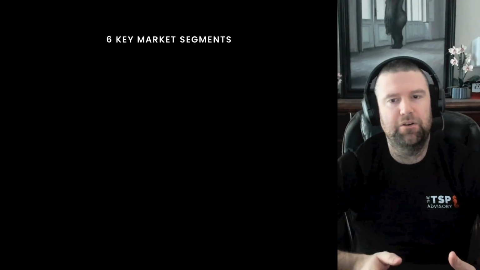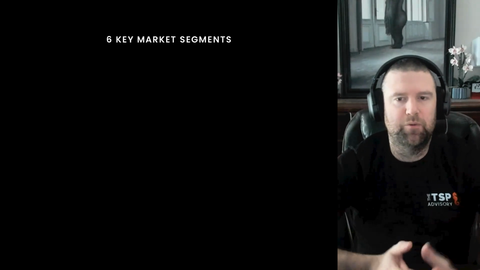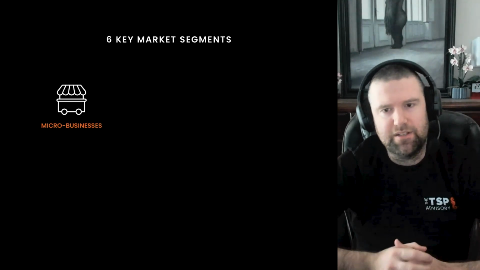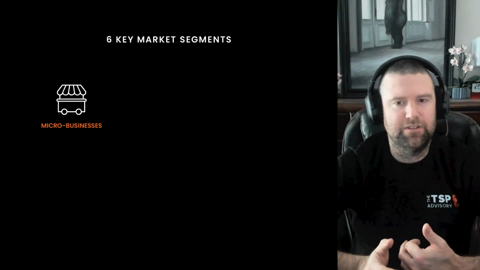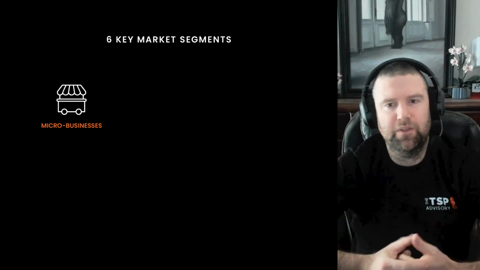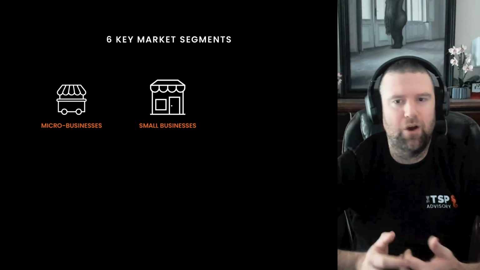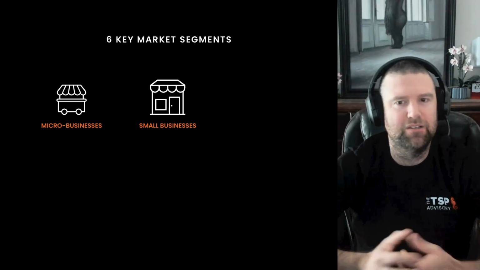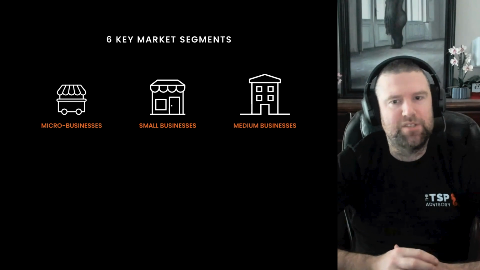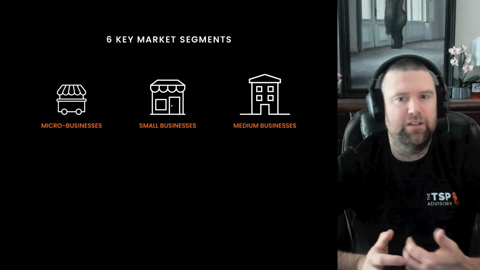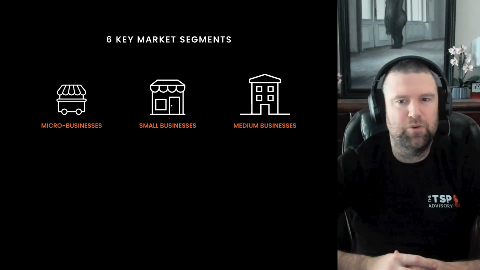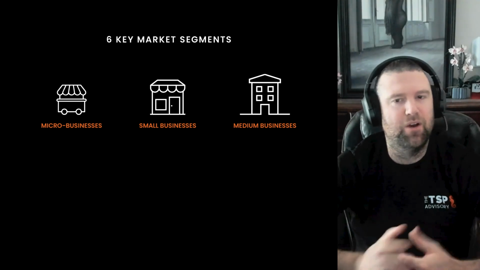What I mean by segments is business size. And there's a few here. So let me list them out for you and then we'll break things down and why this actually matters. So we've got micro businesses that are typically 0 to 10 staff at most. The small businesses start around that 9, 10 mark and go up to sort of 20 to 30. And then your medium-sized businesses are really those 30 to, you can push it up to maybe 150, 200.